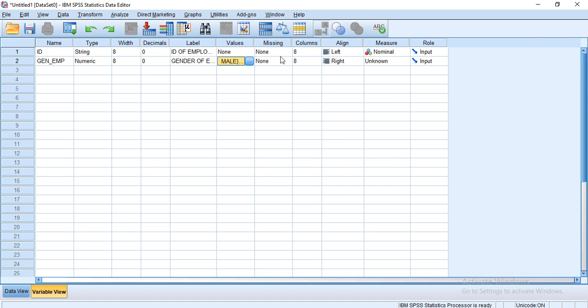Okay, missing value is not there, column, I told you about this. Then come measures. Nominal is also used for categorical things, so gender will be called a nominal variable. Next is salary of employee. It is numeric, decimal, digits after decimal we can take 2, 3, 4 as you wish. Then label, we are talking about salary